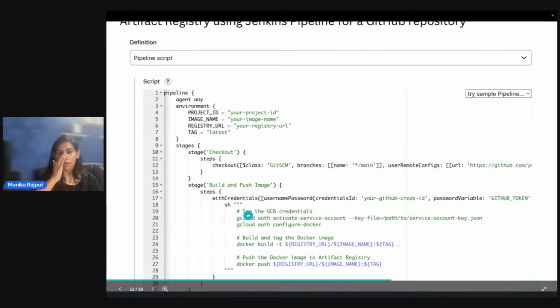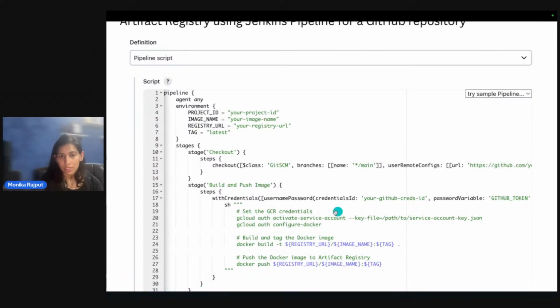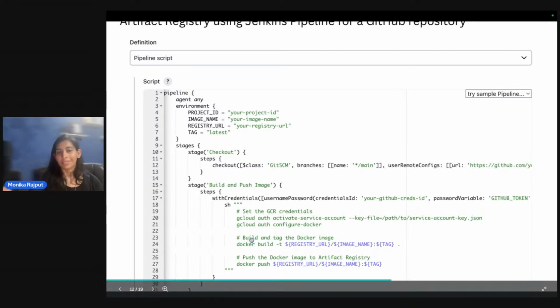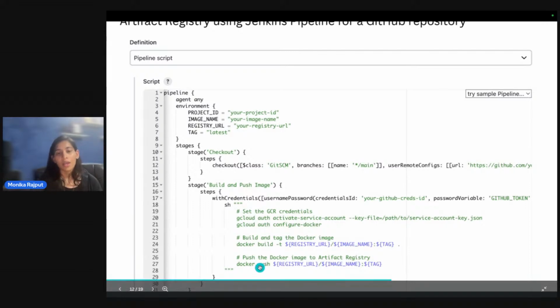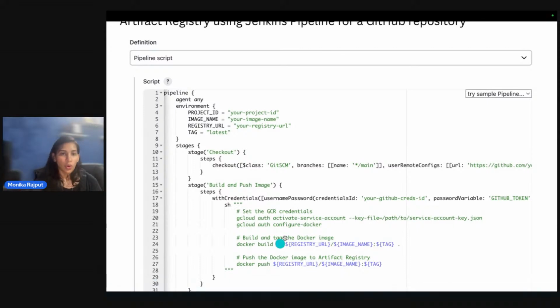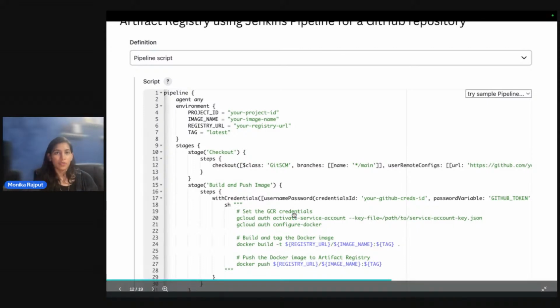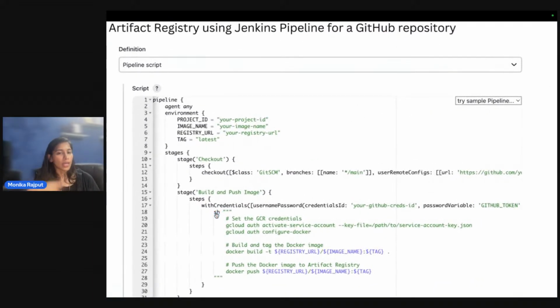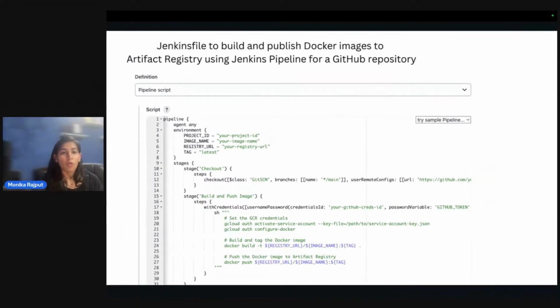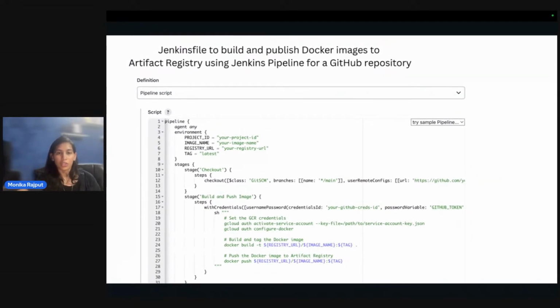The first thing we mentioned is set the GCR credentials, and the second action is build and tag the Docker image. Here we are building the Docker image, and then here we are pushing our Docker image to the artifact registry. So this is the simple script to push your Docker image to the artifact registry. If you are aware of Docker previously, then it will be easy for you to understand this whole script. And now, after finishing your script, you just need to trigger the build,